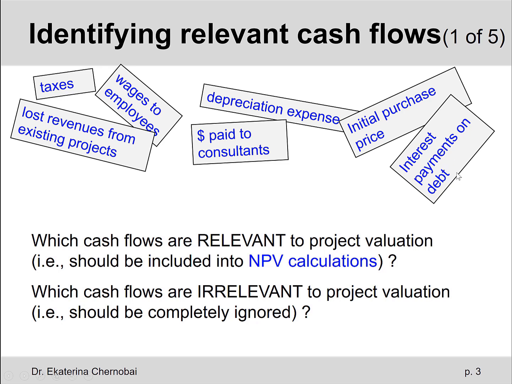Now, why are interest payments on debt also considered irrelevant? I would say there are a couple of ways to explain it. First, interest payments on debt are financing expenses. They are not so-called operating expenses, which are necessary to produce the product. Interest payments on debt, like making payments on a loan, right? And maybe we took a loan to cover part of the initial cost, like buying any sort of furniture or equipment or buildings, right? So why are interest payments considered irrelevant?